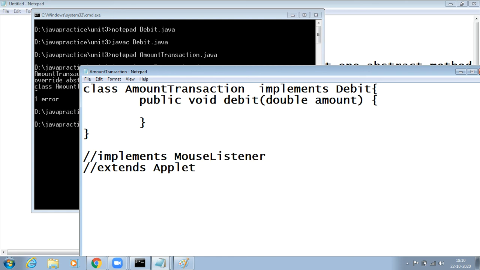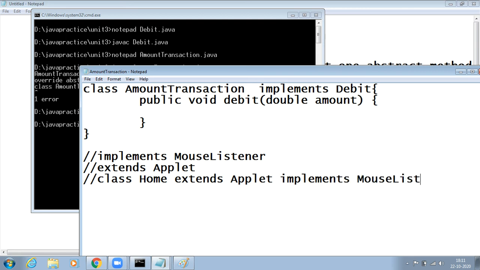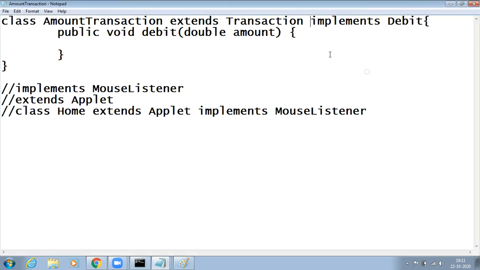Generally what we have done, if you remember, class name, say Home, extends Applet, and what I said, implements MouseListener. The same manner I can write like this. You can write like this: extends, what is the class name? Say class name as Transaction implements Debit.